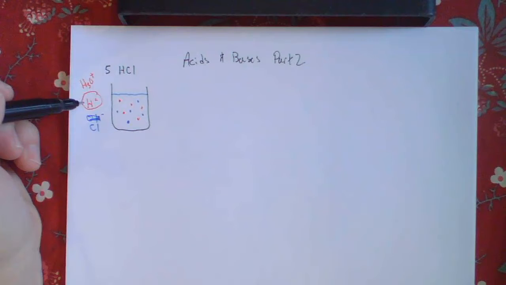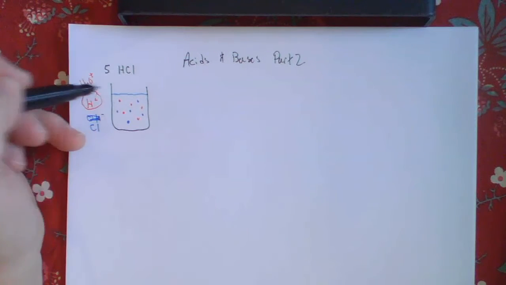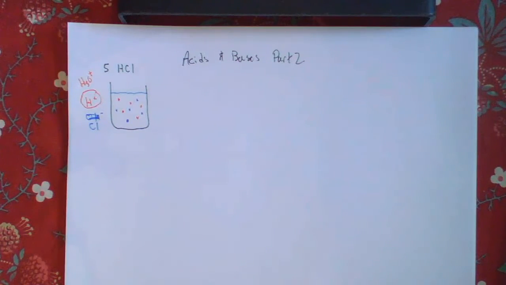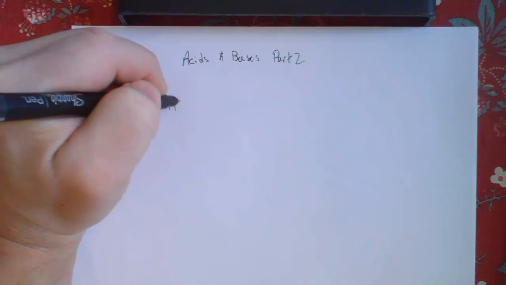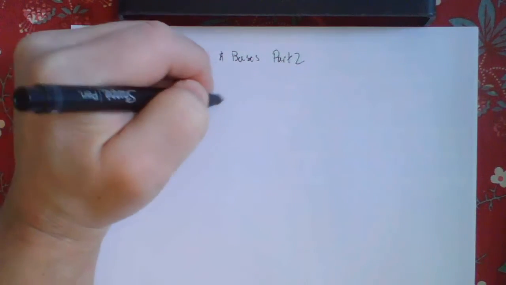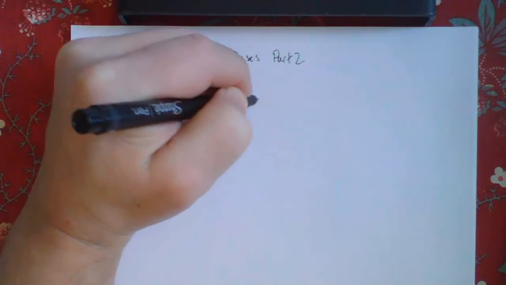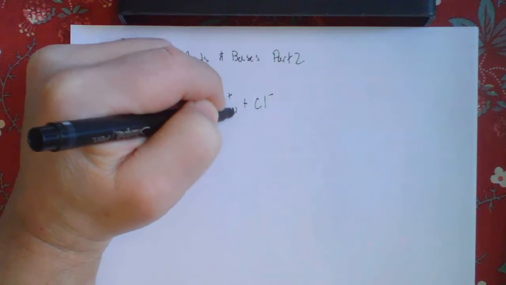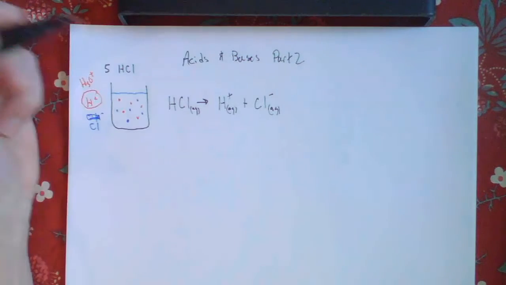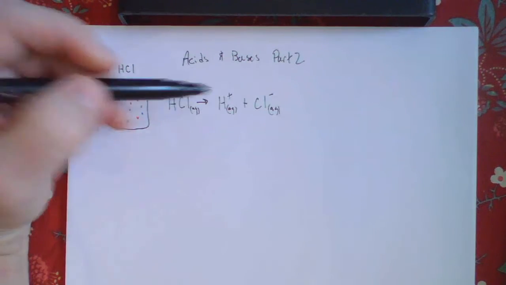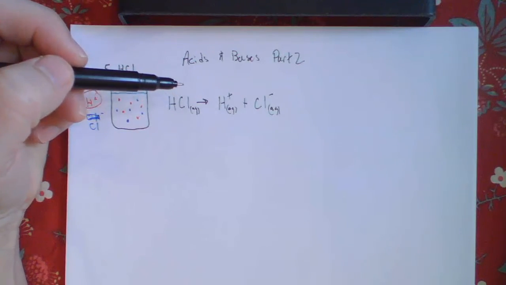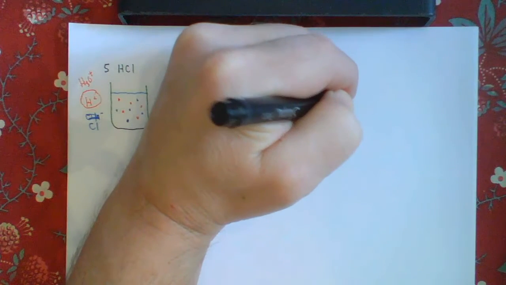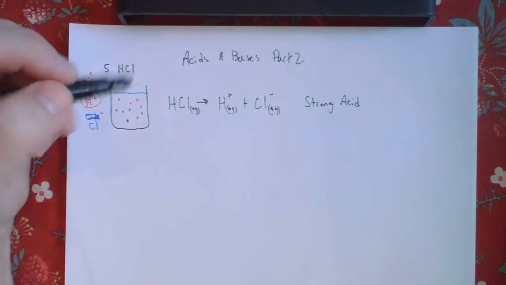For every one of these that goes in, I'm going to get one of those and one of these. And that's where we look at our dissociations. Hydrochloric acid will dissociate, forming hydrogen ions and chlorine ions. This is an aqueous solution, and this is aqueous, and this is aqueous. We're looking at how many ions we are making. Now this is what we refer to as a strong acid,